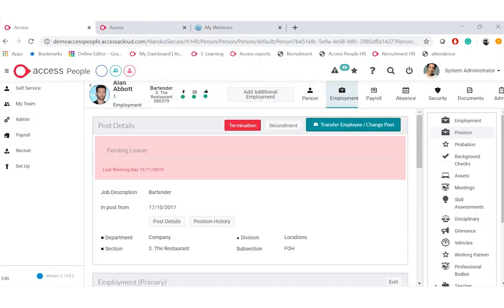Now, I also had a question regarding eligibility to work. So what I'm going to do is, rather than go through the recruitment system, I'm going to go through just adding a new employee onto the system.